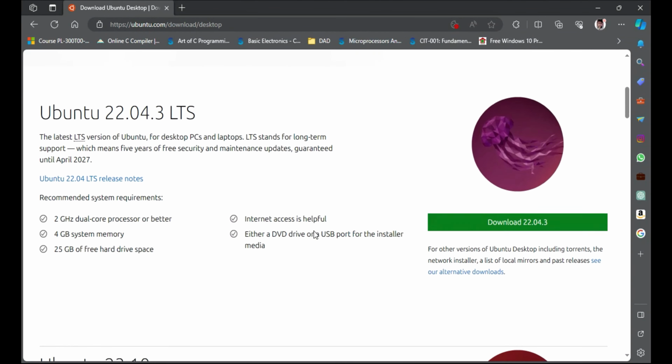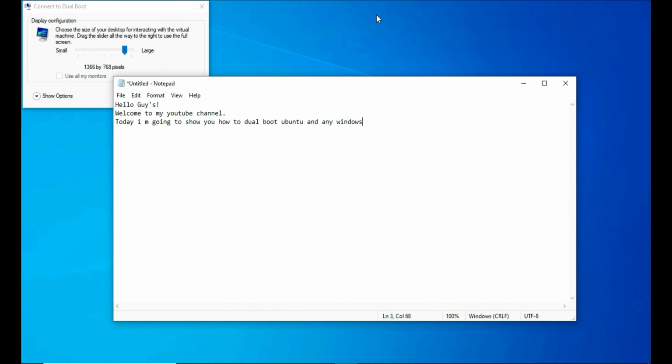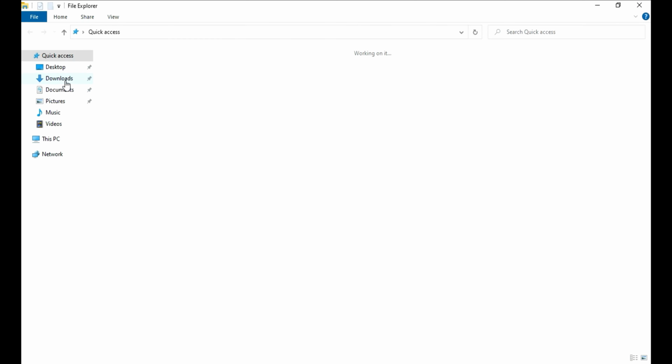Now scroll down to Ubuntu 22.04.3 LTS. LTS stands for long-term support. Here, the file size is about 5 gigabytes and you need 4 GB RAM, a 2 GHz processor, and 25 GB of free hard disk space. After downloading these files, open the software which we have downloaded before